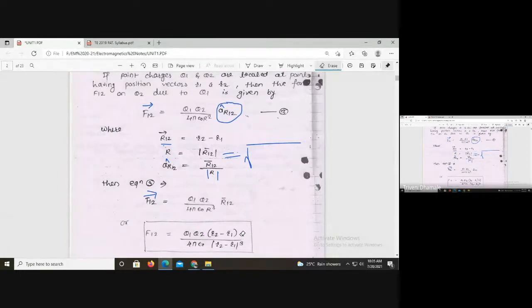So this is the final Coulomb's law mathematical representation. You must know how to represent the distance vector, what the direction is, what the unit vector is. That's why it is important to know how to represent Coulomb's law. Suppose the questions are not directly on Coulomb's law, but you must know this as the basic.